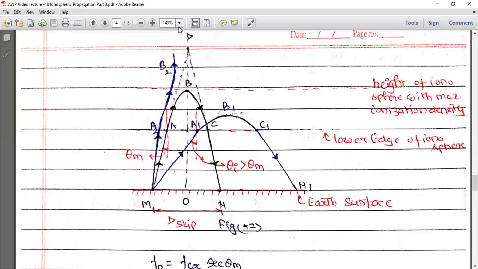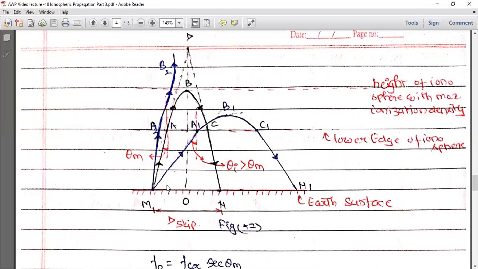But the point on the Earth at which it is received will never be closer to M than N. You cannot reach any point in this particular region. It is not possible for this particular frequency f0 to communicate from M to a point less than N. You cannot establish a link between M and N. Communication is possible from M to N, but not to any point below N, or any point left of this particular N. You cannot communicate within this range, M1 to less than N1.